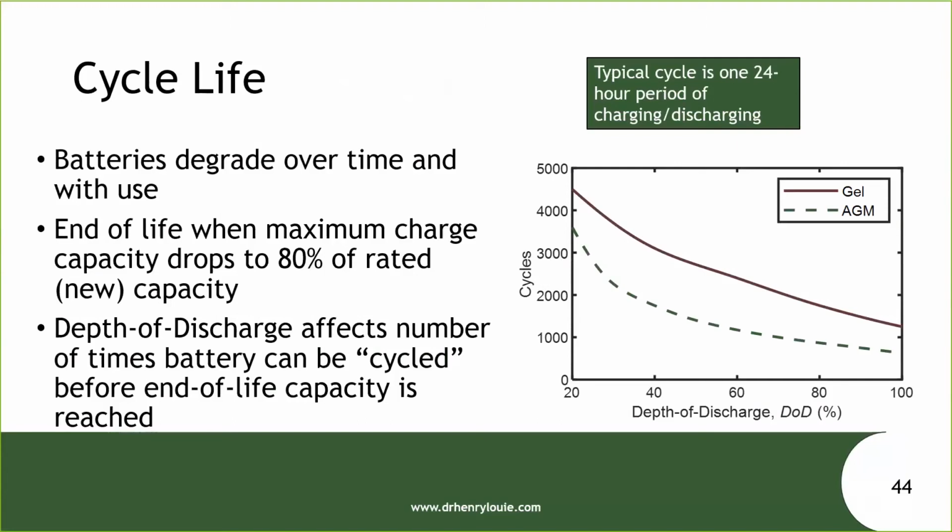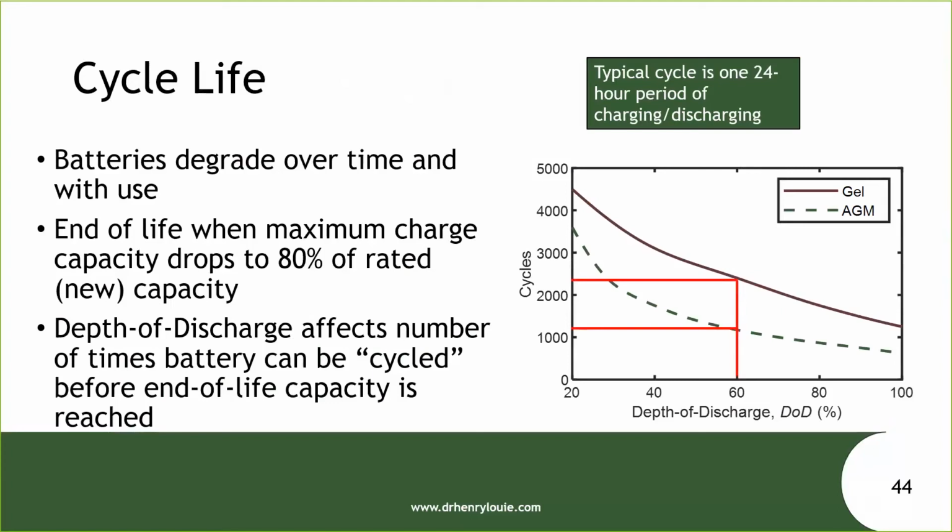And so we define the end of life when the capacity has eroded to the point where even at full charge, it's only 80% of its new value. So as we cycle the battery, as it ages, its maximum capacity is going to decrease. So what we would do then is we would estimate our depth of discharge on a daily basis, and we would just draw a straight line up to the appropriate curve if it's a gel battery or an AGM, for example. And then we would just see how many cycles that corresponds to.